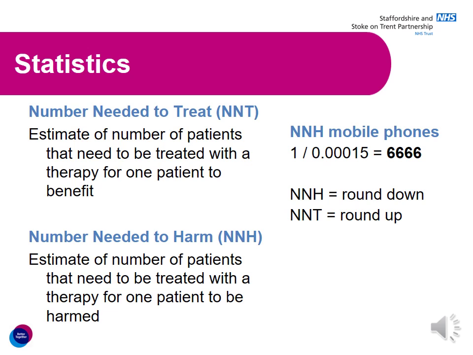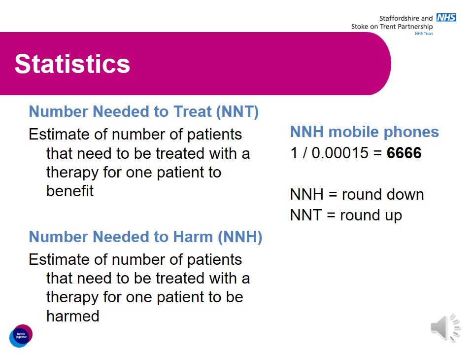These are very useful numbers because they translate that kind of risk and probability factor, if you like, into a slightly more meaningful explanation. They're calculated as the inverse of the absolute risk increase or the absolute risk reduction. So in this case, we're looking at harm events, as in your ears falling off if you use a mobile phone. So we would use the number needed to harm. So the number needed to harm, the inverse of the absolute risk increase in this case, would be